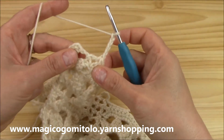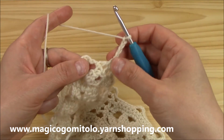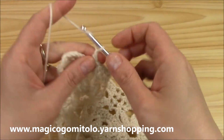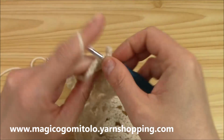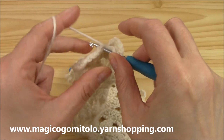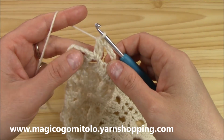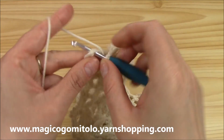So it's very important. And yarn over and chain 5. What have I done here? Okay, so chain 5, and now work the cluster. I already worked it, and okay, work the cluster as you began, you finish as you began with your small cluster here, and chain 2 and the edge,